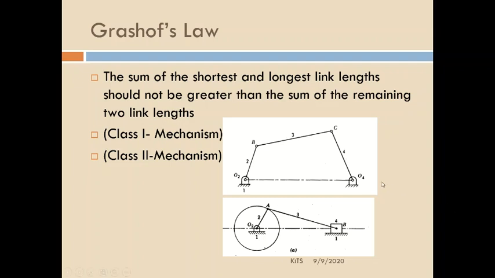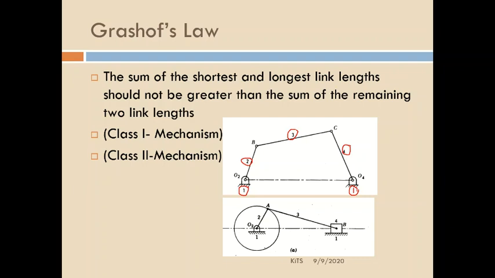In this mechanism, we are given four links: one fixed link, which will be considered as link 1, and one crank, one connecting rod, and one lever. Grashof's law states that the sum of the shortest and longest link length should not be greater than the sum of the remaining